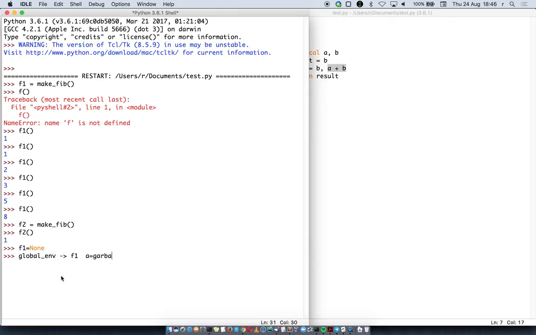And anything I would do, instead of saying None, if I would have said F1 equals 1, that would still have deleted the A inside F1. We still have the A inside F2, right? That has not disappeared yet. But it would have been even easier to say del F1, at which point F1 doesn't exist. So what we have done here is